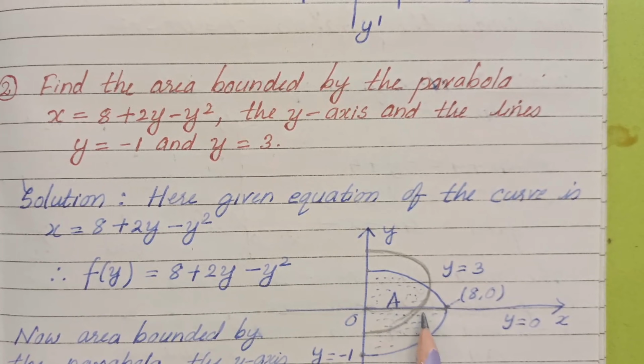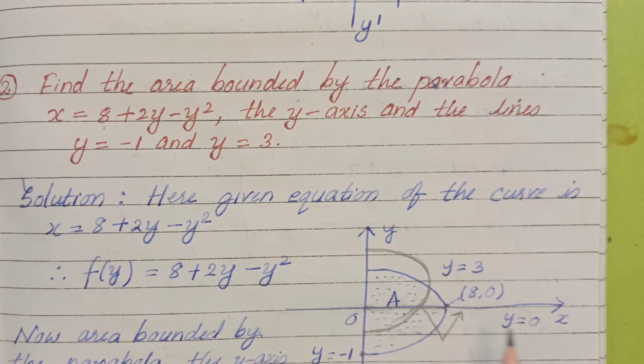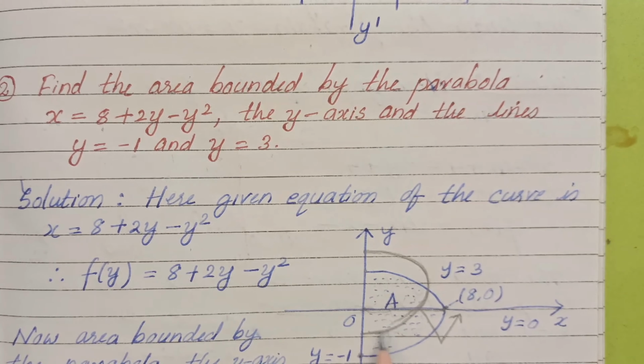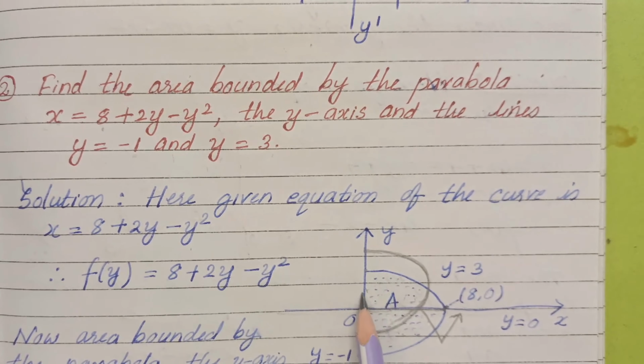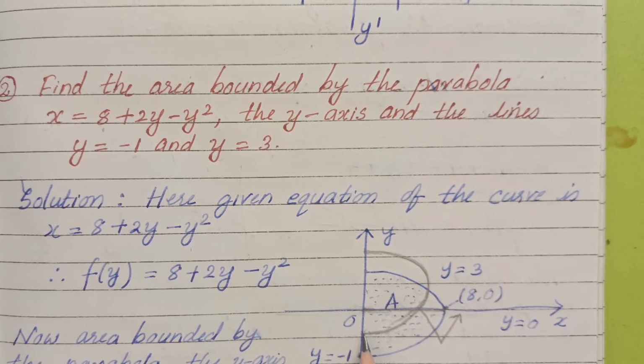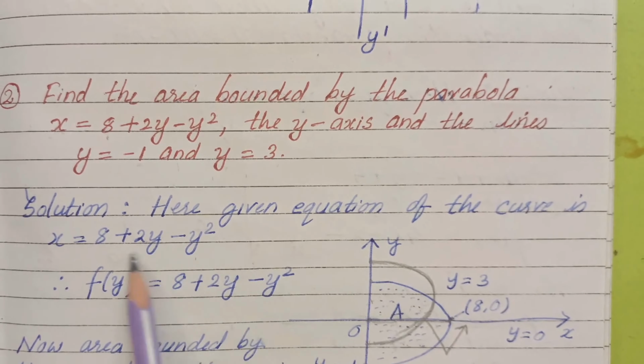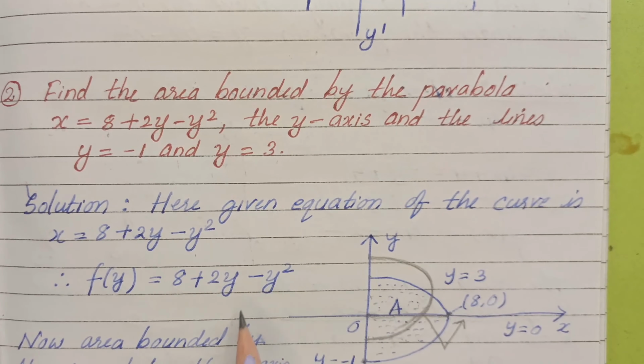This point would be 8. I am clear here to explain why the graph is like this, because this is the minus 1 point, and here it should be the 3 point, 1, 2, 3 points. So 3 points above the line and 1 point below the line. So this would be the graph. Fine. So that's the graph, and then let's now go for what they asked for.